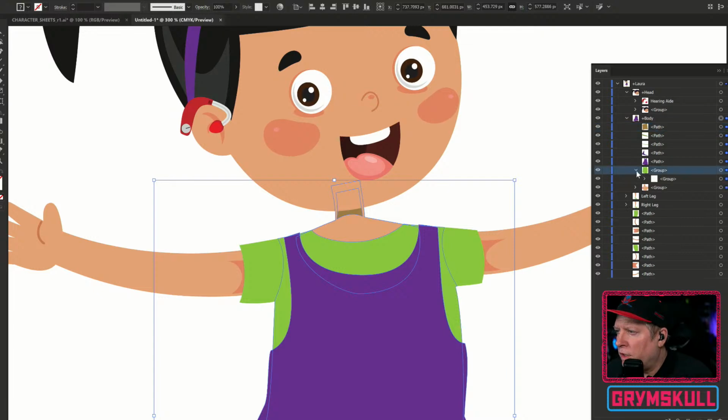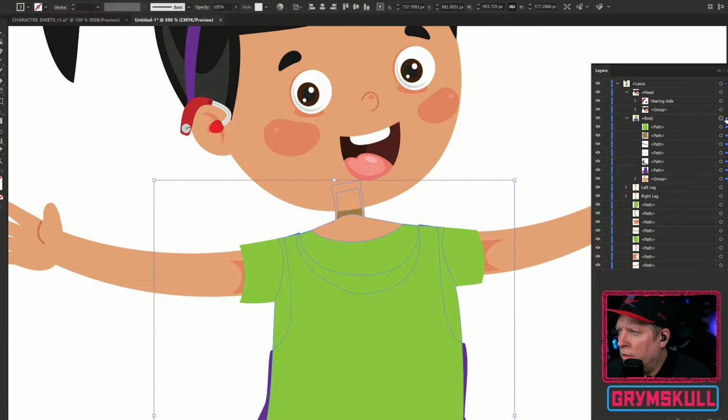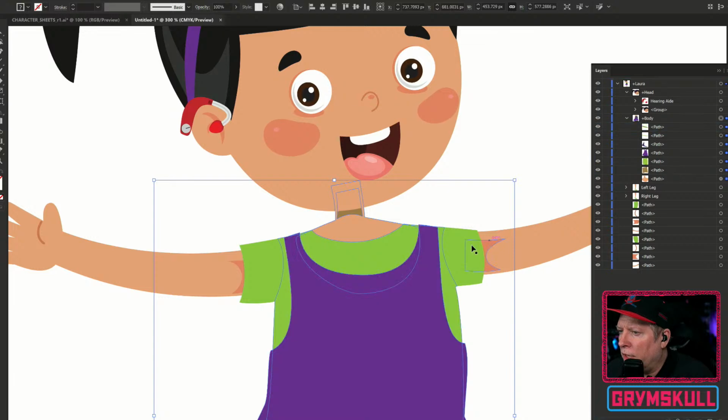Actually, I don't know why that's grouped. Why is that grouped? Got a path here that doesn't need to be grouped. Another path that doesn't need to be grouped. I could probably just ungroup. We're going to move that to the bottom. We're going to move that there. This is going to go behind. There we go. All right.